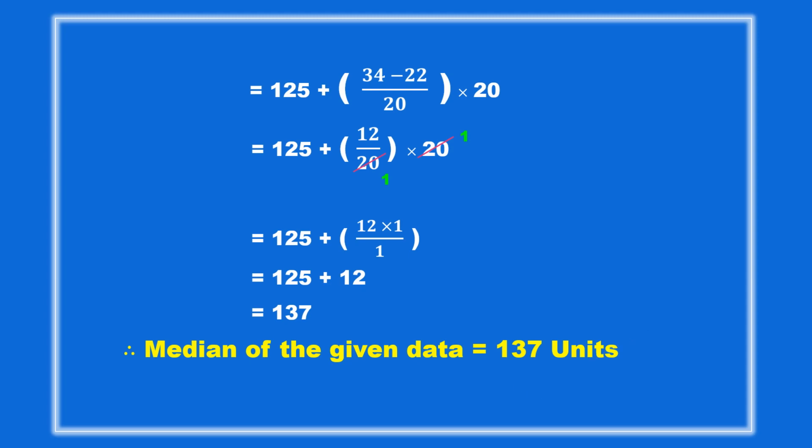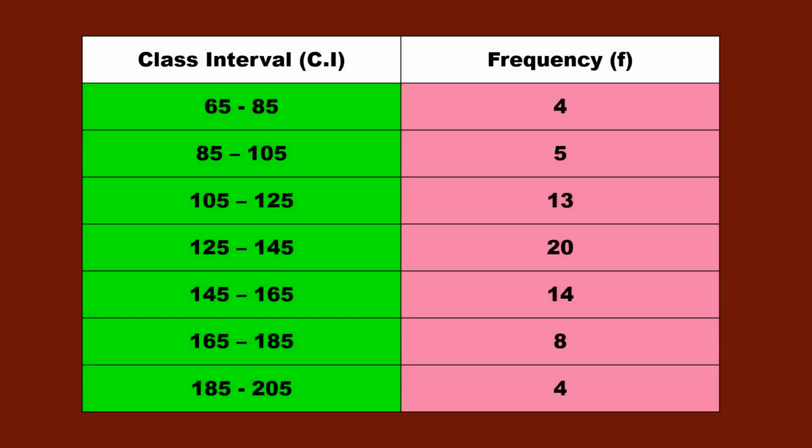Okay, now let us go to the mode. So the table format of mode is very easy. No need to write any extra column. Whatever we have from the question, that we can write, class interval and frequency. Take all the values from the question. Now in mode, you should pick out the highest frequency value. In median, you should pick out the n value, and in mode, you should pick out the highest frequency value.